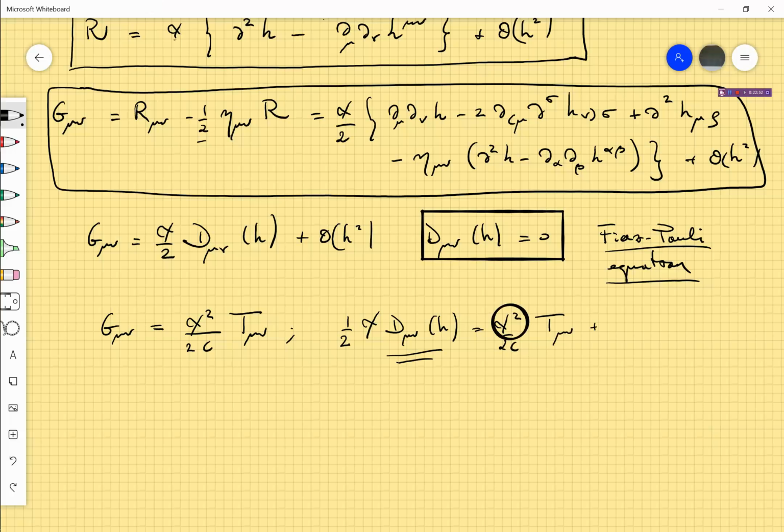This is not so consistent. We have ignored these self-interaction terms, but you should add them here. On the other hand, what is this T mu nu? Well, this is the T mu nu of matter, but it usually contains the metric field, and you also have to expand the metric field there in perturbations around Minkowski. This is the lowest order, and this is the one that you obtain setting g equal to eta.